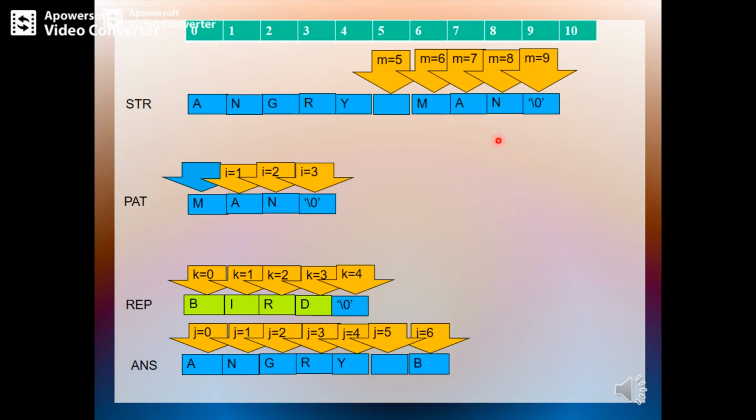That is, from M onwards, B. A is replaced by I, N is replaced by R, then I'm going to use one extra character, so D also will be placed.